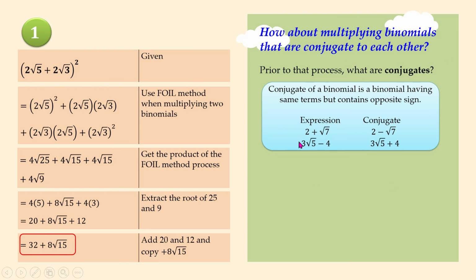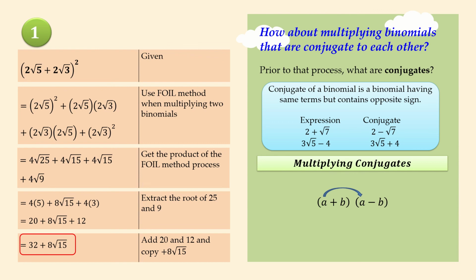So, if you use the FOIL method, the terms are added because they are all plus. What if they have opposite signs? What will happen? Multiplying conjugates: